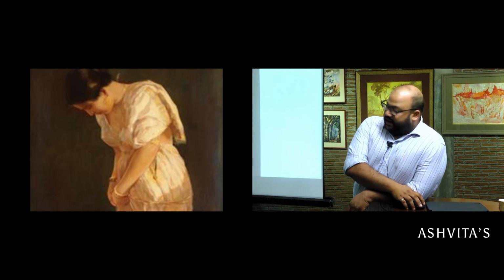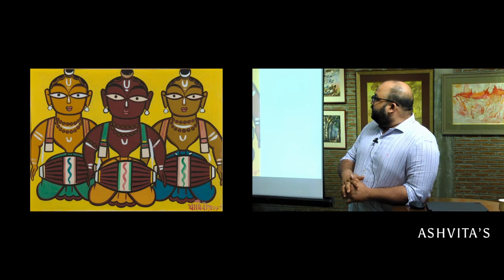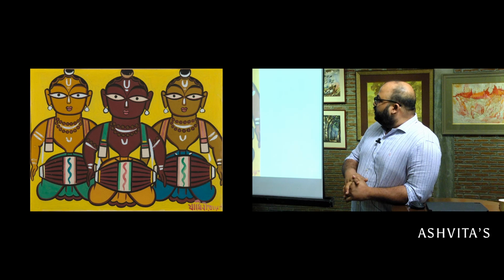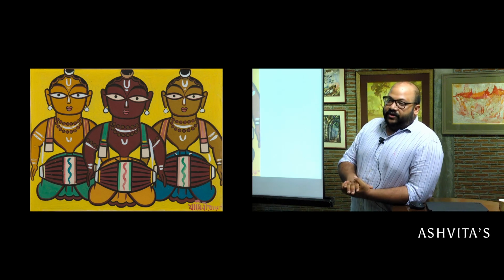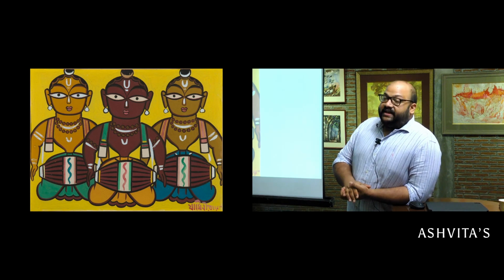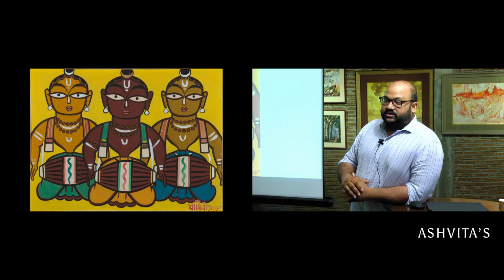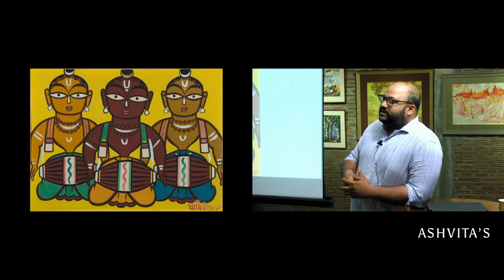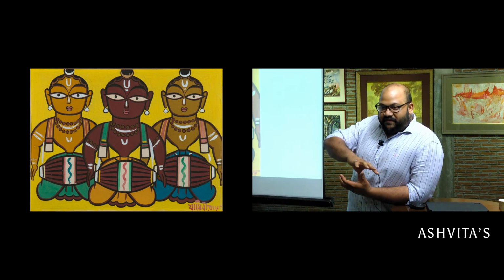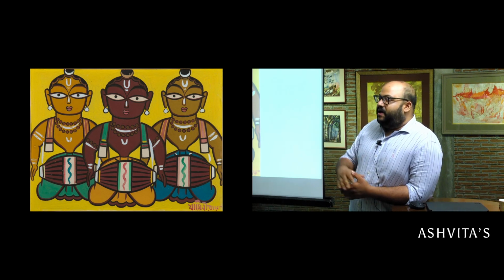And then of course you have the more popular proponent, the most successful one of the lot, who is Jamini Roy. Jamini Roy surprisingly was the faction against the Tagores. The Tagores published and helped support books like the Modern Review, which is a very, very intellectual journal at the time.